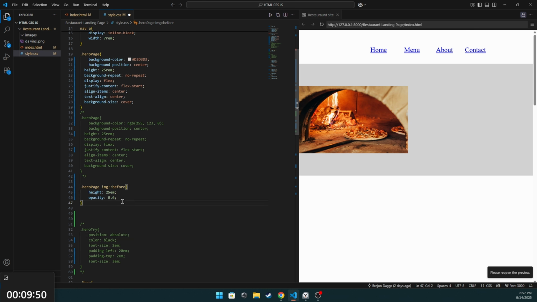Okay. And she said, make sure the position is absolute. Here, let me delete this. We'll also set its top, right, bottom, and left values to 0 so